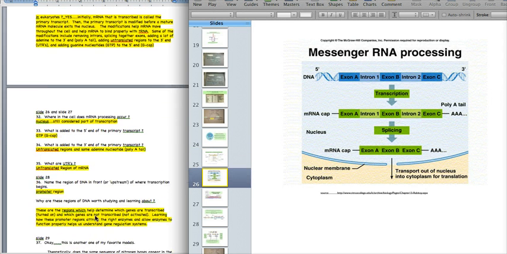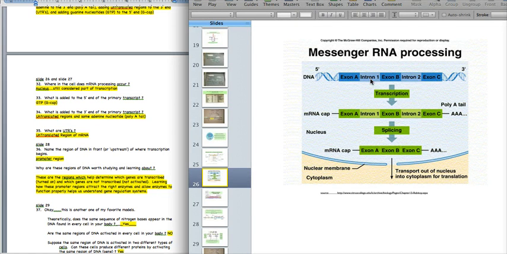All right, here's just, once again, more of the same kind of pictures. Here's a piece of DNA with exons and introns. It's transcribed. It has the cap put on the 5' end, the poly A tail, the adenine, put on the 3' end. That's the guanine, the GTP cap. The exons are kept, the introns are removed. So the splicing is that removing of the introns,